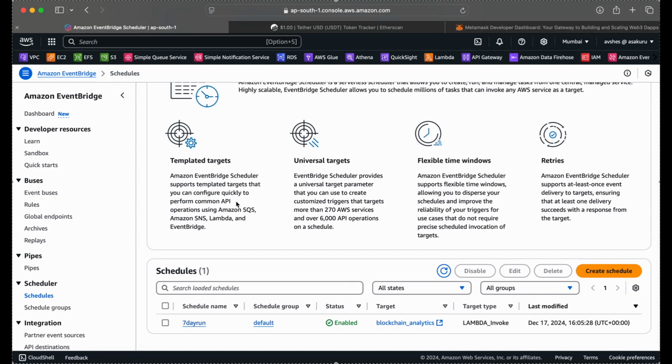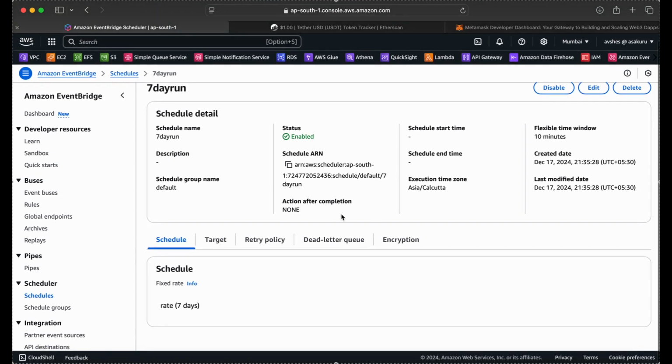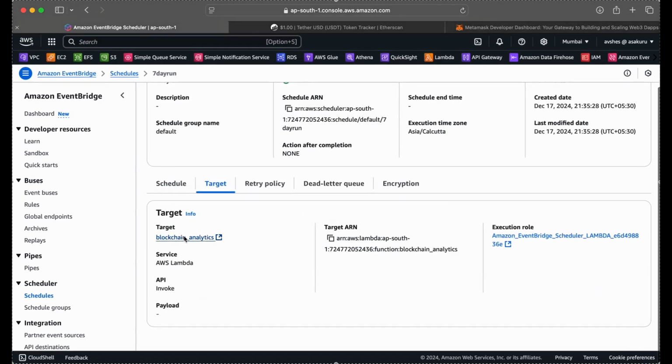So I figured the Lambda function that I created needs to run once in a while to get new data, and that's the reason I built a scheduler with a default configuration for the most part, and the target was the blockchain analytics database, but the service that I needed for a weekly run was the Lambda. So yeah, that's how I